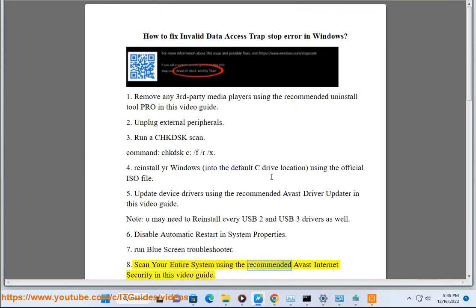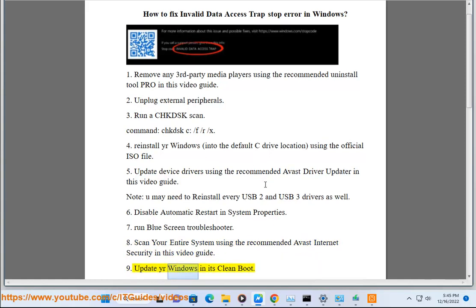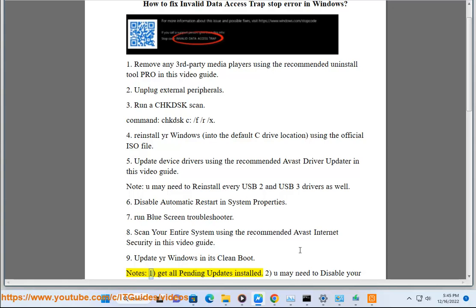8. Scan your entire system using the recommended Avast Internet Security in this video guide. 9. Update your Windows in its clean boot. Notes. 1. Get